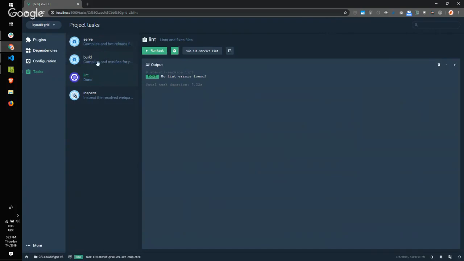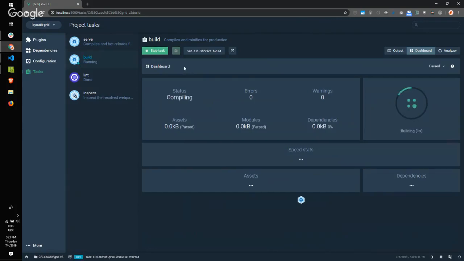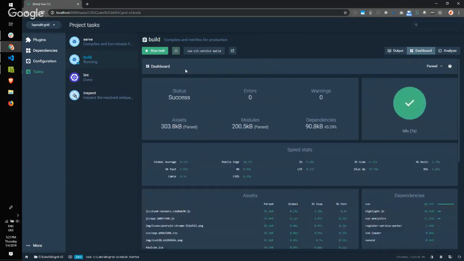And then you can also, for example, build. So let's run the build task, and this is what Amazon is doing right now. Manuel set it up for us so that when we send it to release, it is going to directly do this and release it. And this is quite nice because in the build you can see